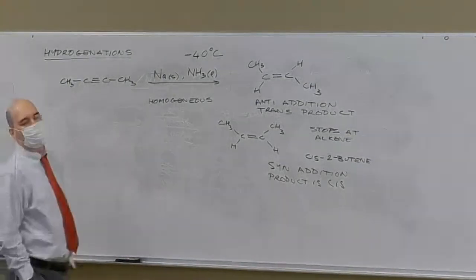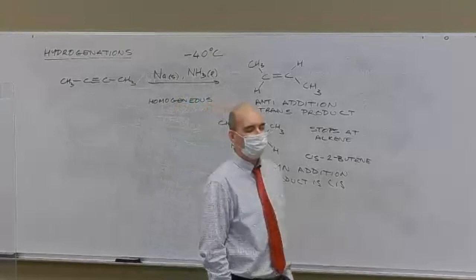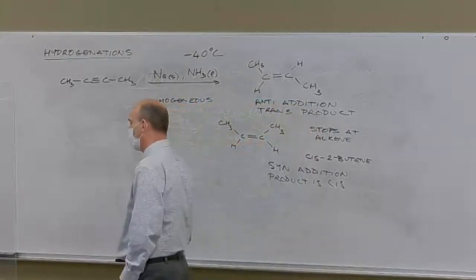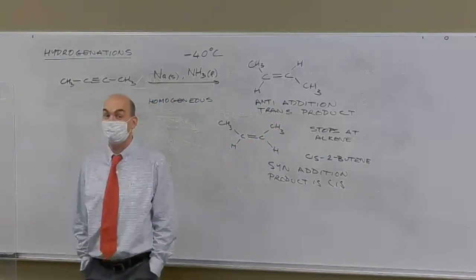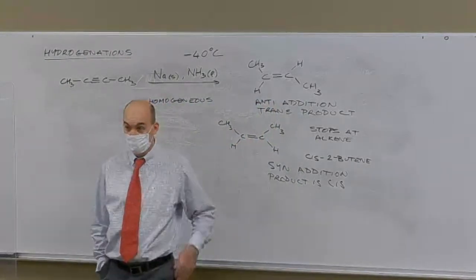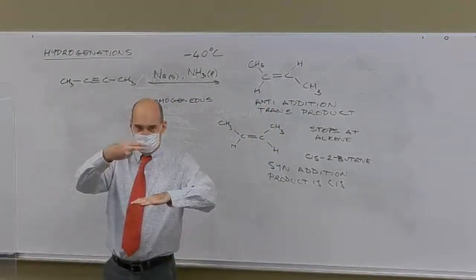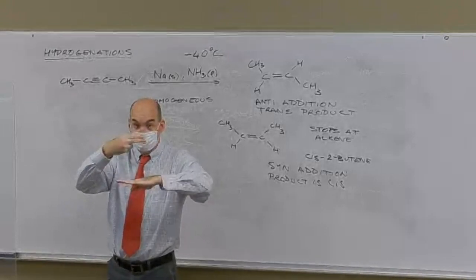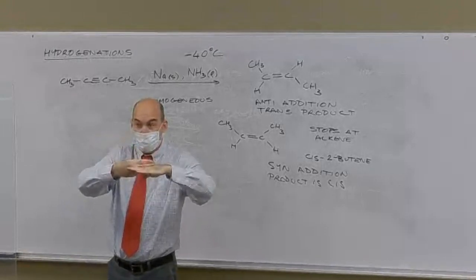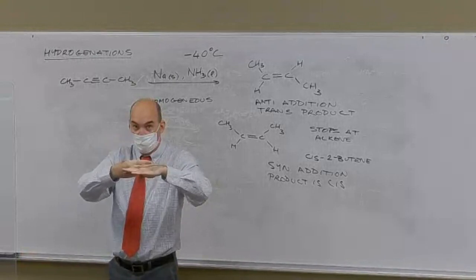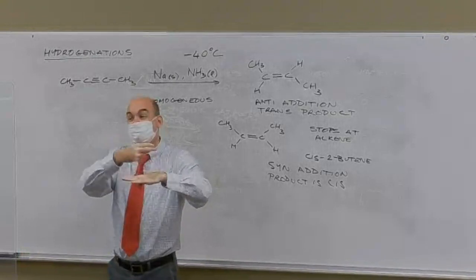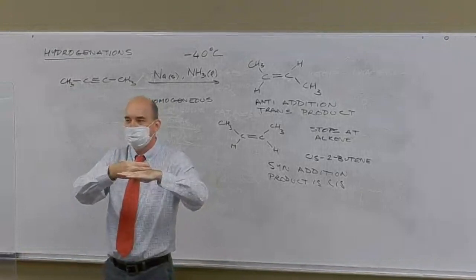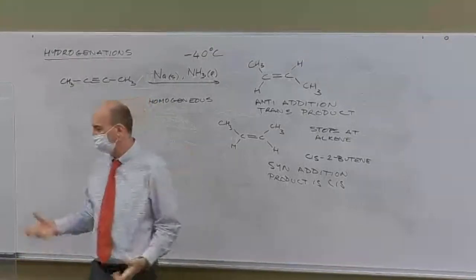Marcel, the process in a heterogeneous hydrogenation is always syn. That is, here's a double bond, here's a flat surface with the hydrogens on it. They're both going to add to the same side. Does that mean I always have a cis product? Well, no, not always, because